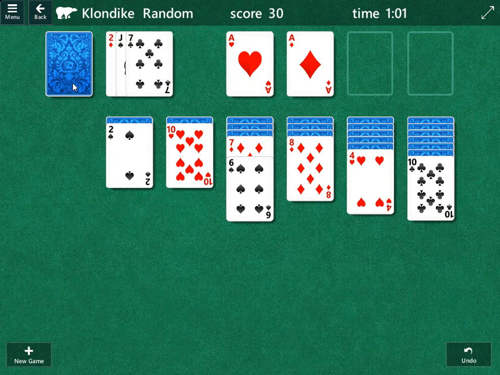Let's see what we can play. We can play the 7, but we're going to hold off. We can't play the 3. We can't play the 2. It looks like we're going to go back and we're going to play the 7, right? That was the card we can play. So that's all we can play right now. Now, I don't think I've seen...